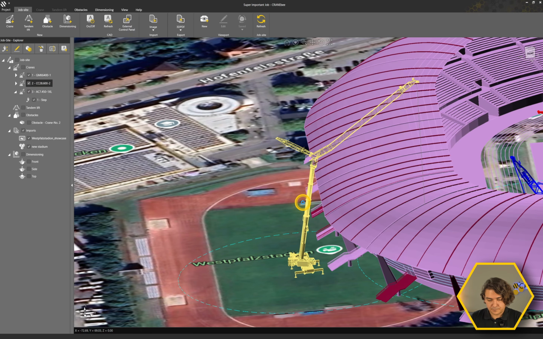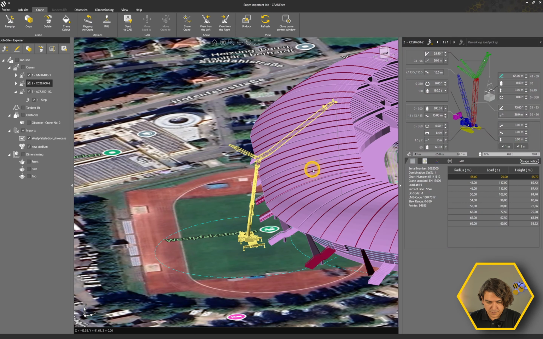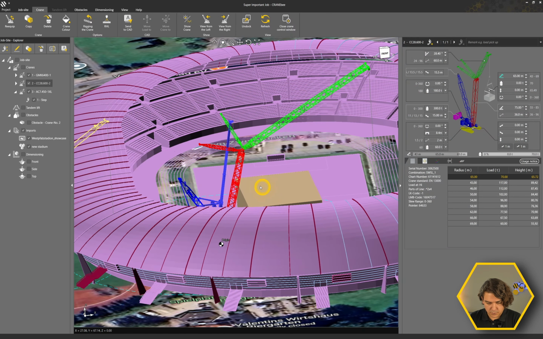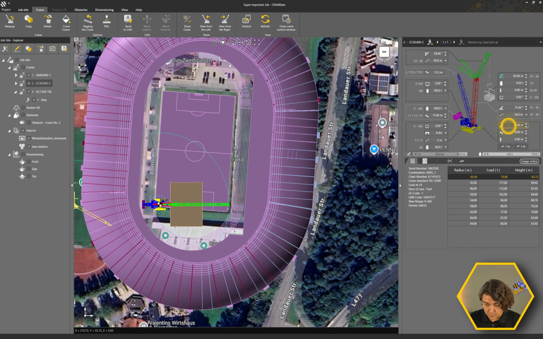So that's fine. Our crawler crane, if you remember, is still sitting in the middle on origin. I want to put it on the main road. So let's go ahead, and I don't know how far this is. So I'm just gonna right click in this field, and I can choose another step size. The standard is 1 meter. I'm gonna go ahead and take 25 meters. That's about right. So I'm going back to 1 meter increments.